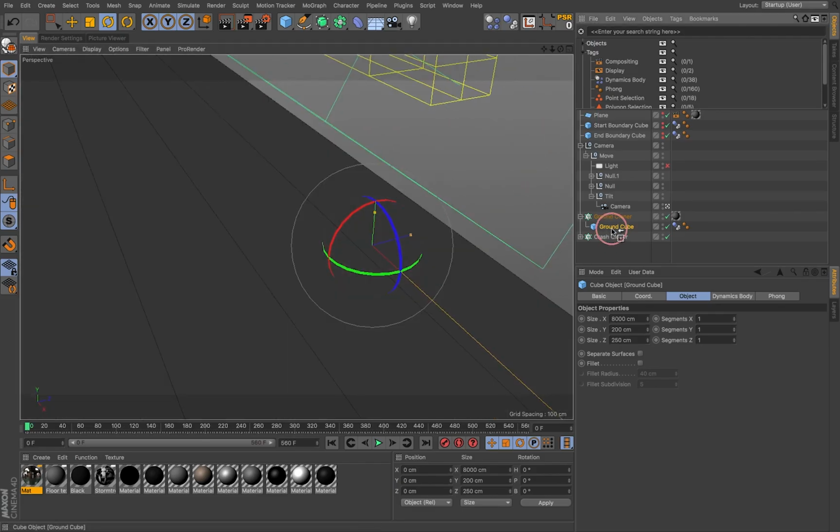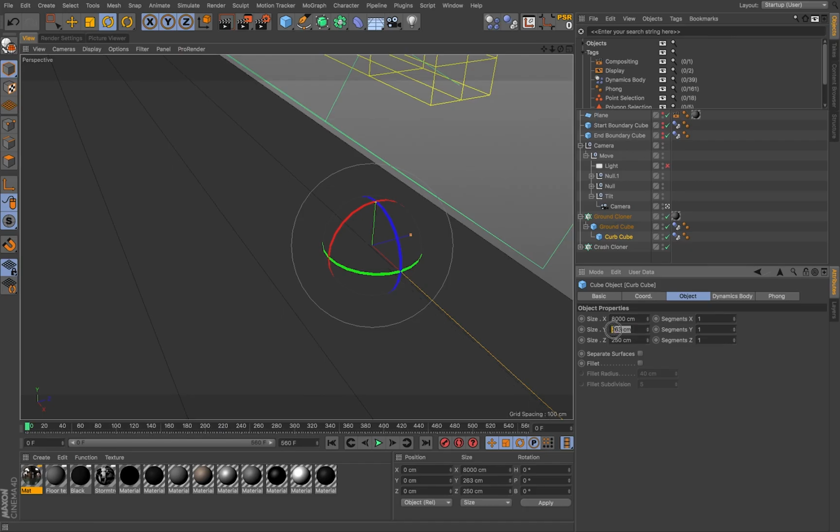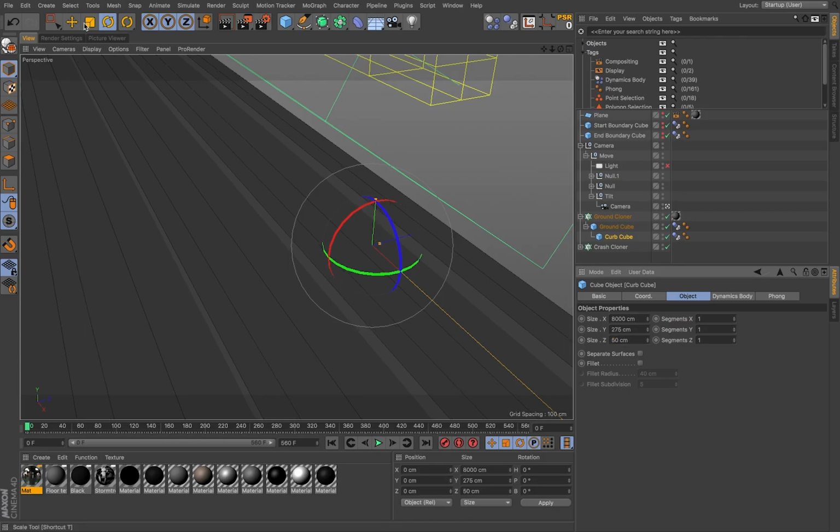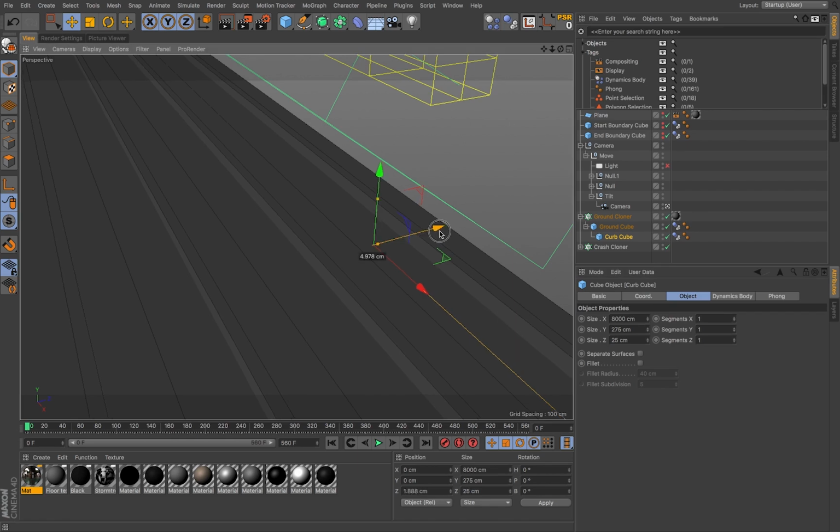We can copy this and call this kind of side or curb cube. Just raise it up a little bit, 7.5 or something, and make it narrower. And then even narrower than that, let's put 25. And then move it to,